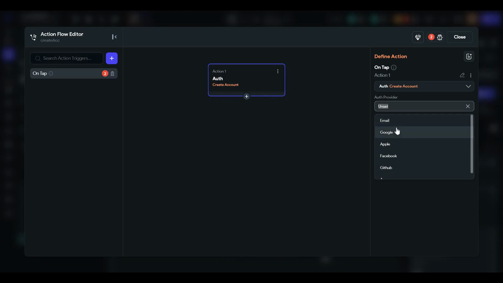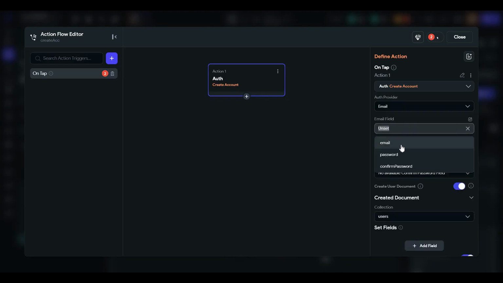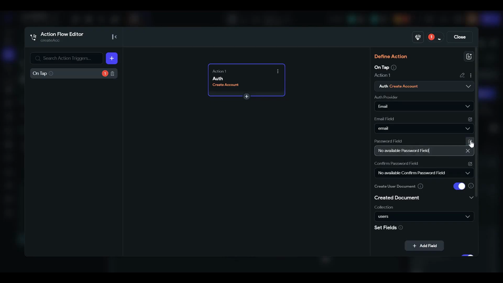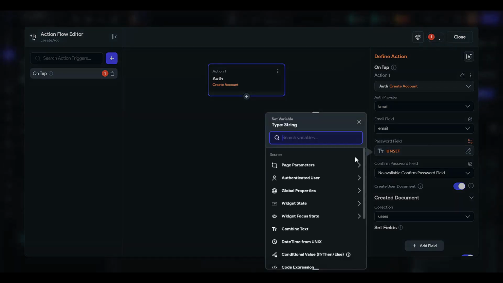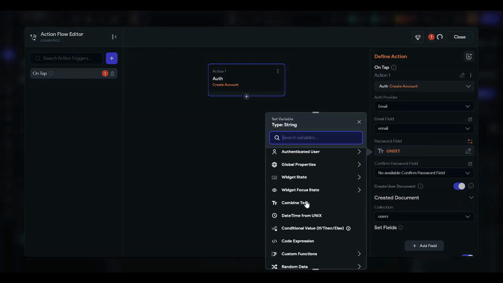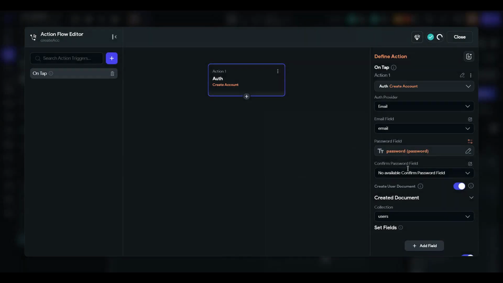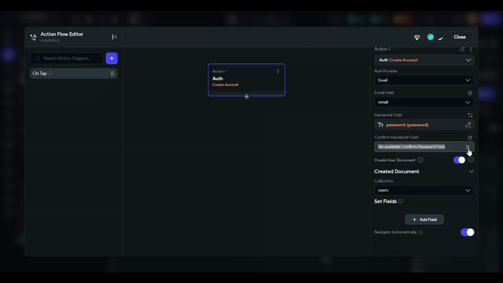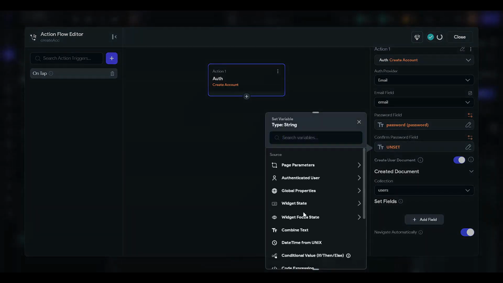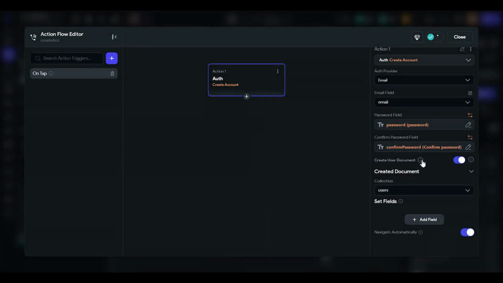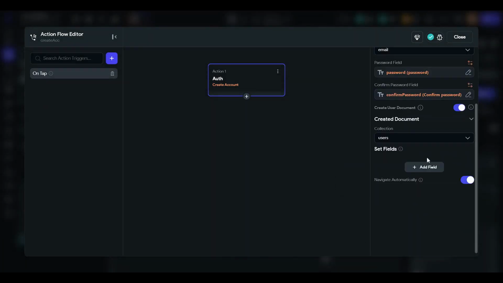Also for the email field, set the text field email and the password field from variable, the text field of the password, and the next confirm password also from variable, confirm password text field, and the collection will be users collection as it is the main collection.